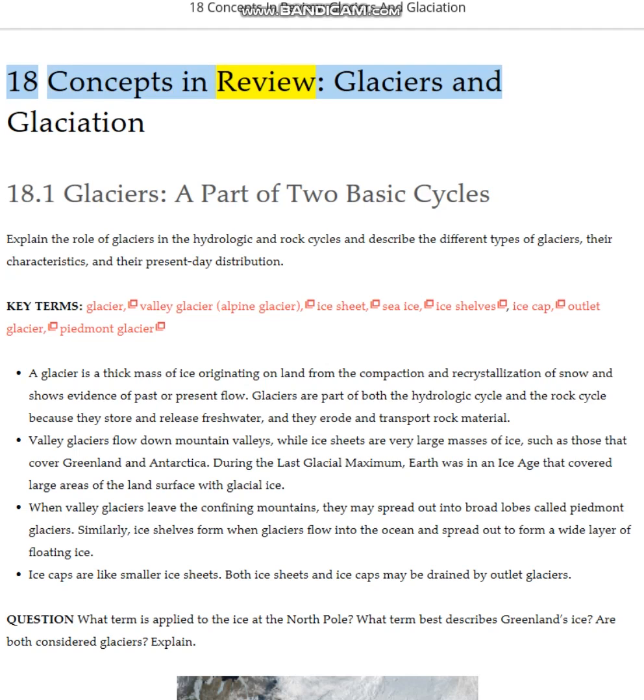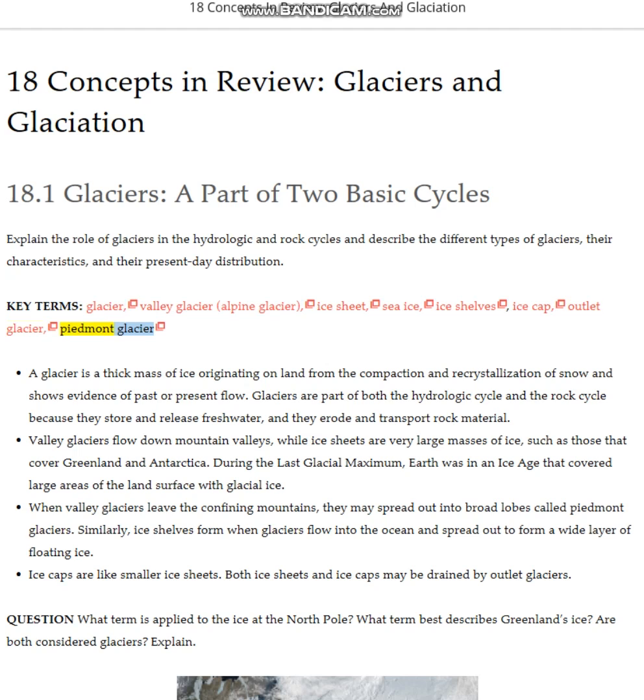Concepts in review, glaciers and glaciation. 18.1 Glaciers, a part of two basic cycles. Explain the role of glaciers in the hydrologic and rock cycles and describe the different types of glaciers, their characteristics, and their present-day distribution. Key terms: glacier, valley glacier, alpine glacier, ice sheet, sea ice, ice shelves, ice cap, outlet